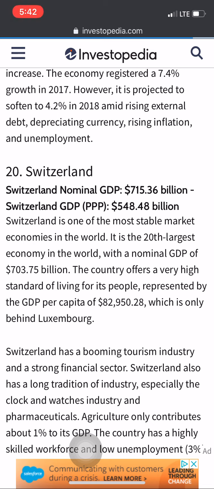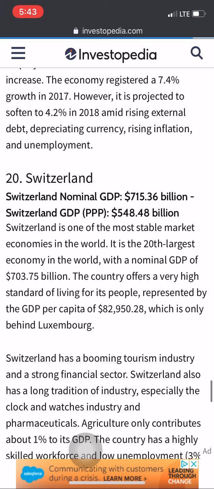This is an extremely interesting case. Just look at this. Nominal GDP is higher in Switzerland and PPP GDP is lower. How is that possible? Why is that? Because Switzerland is extremely costly, and it's very, very costly to live in Switzerland. They accept euros, right? And if you look at the price of euro to dollar, euro already surpasses the dollar. So the fact of the matter is that Switzerland is the only country on this list